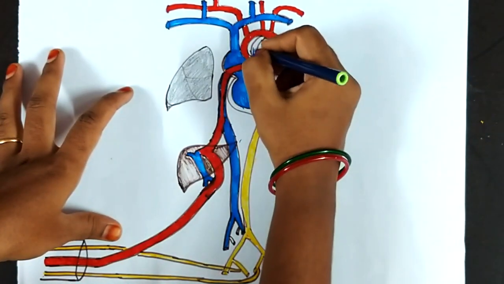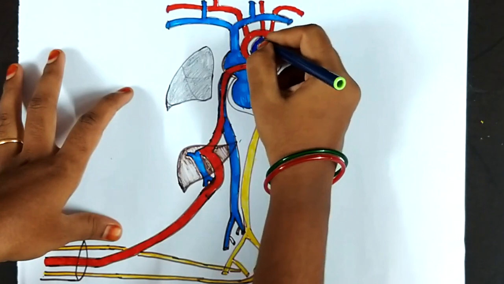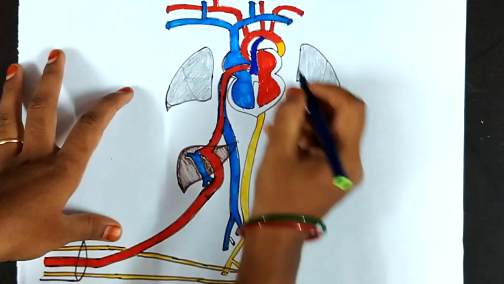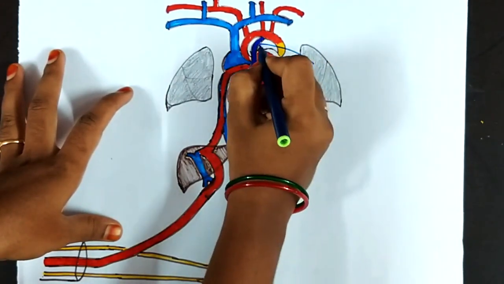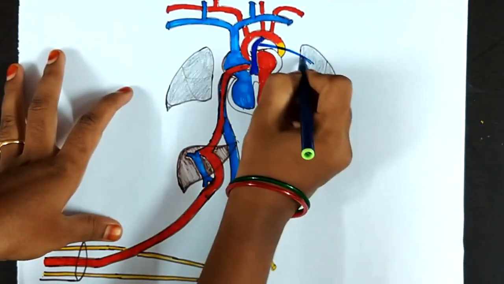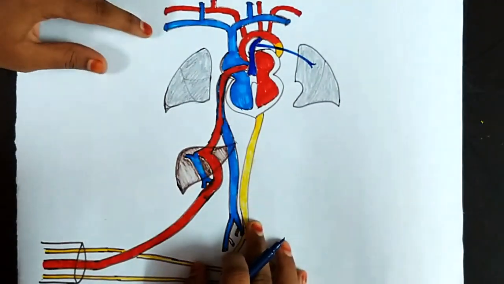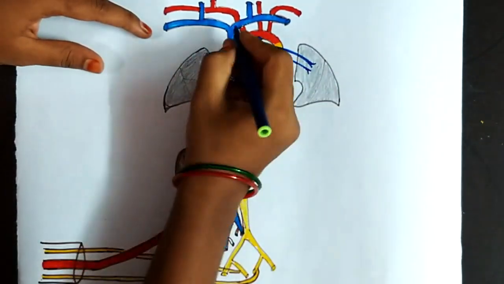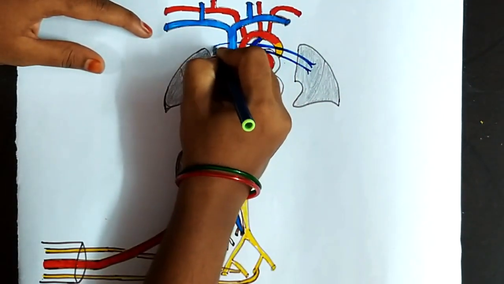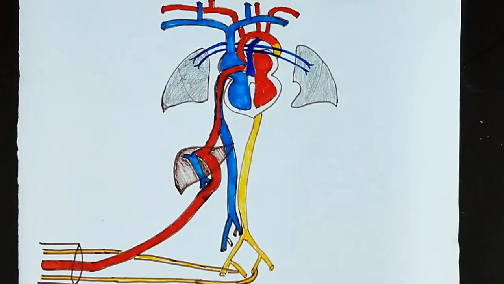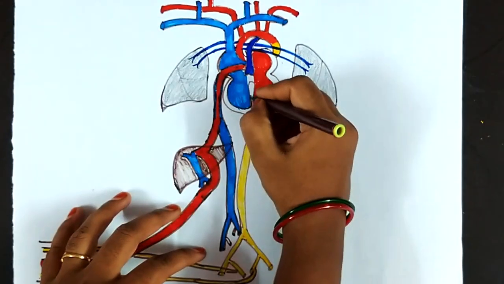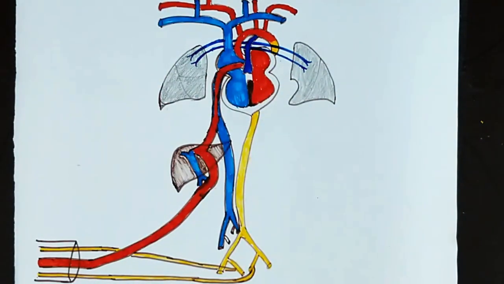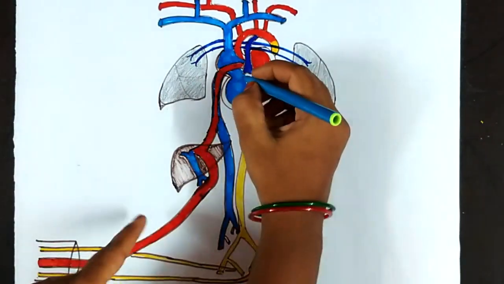Arteriosum is nothing but ductus arteriosus. Now I am coloring the ductus arteriosus. Ligamentum venosum we'll see in the liver. It is a remnant of ductus venosus. These are the pulmonary veins, which are coming from the pulmonary trunk. And the branches coming from the internal iliac arteries at the lower end are nothing but umbilical arteries. We'll see the remnants as medial umbilical ligaments.